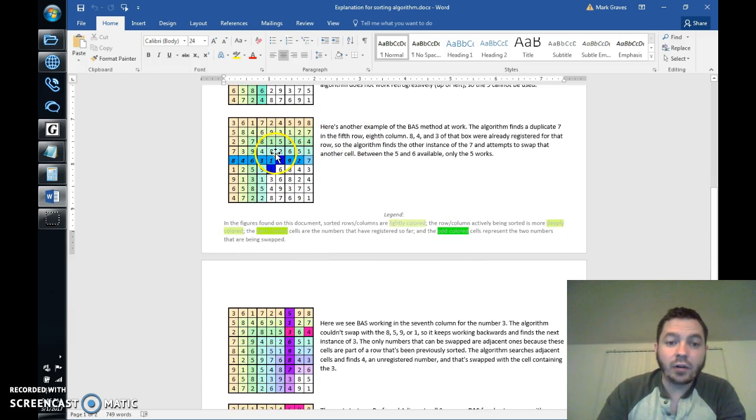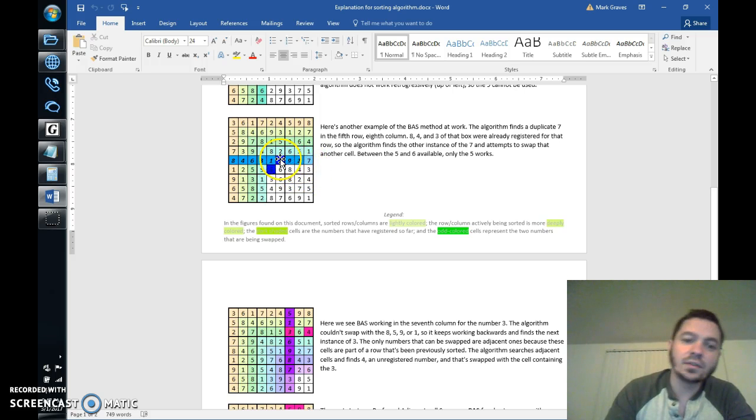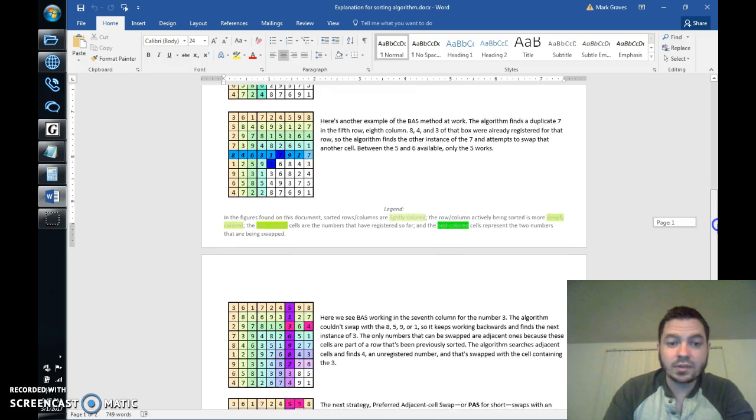Later on in the algorithm of this example, in row 5, it goes 8, 4, 6, 3, 1, 7, 9. Doing great so far. 2, 7. Last value. 7. There's no 8. So the 8, 4, and 3 are already registered, so it can't swap out with that. So it has to look at this previous 7, and 9's already been sorted. You can't swap with that, even though it's already registered anyways. And then your only 2 values available are 5 and 6. 5 is the one that's unregistered. Swaps with